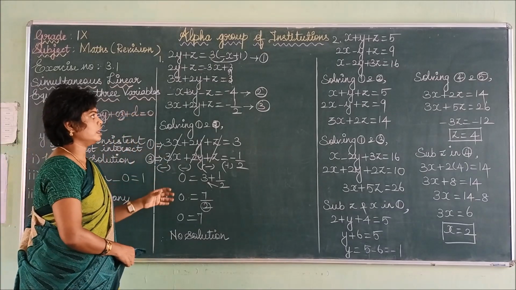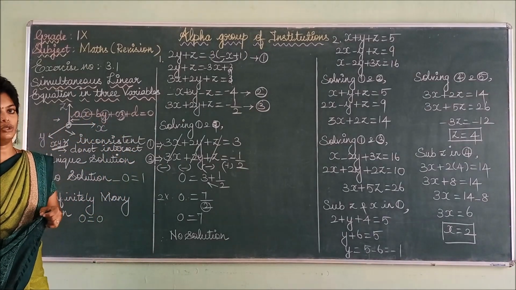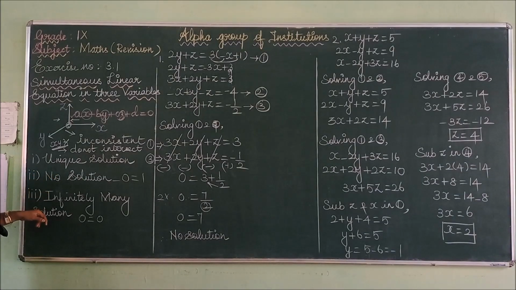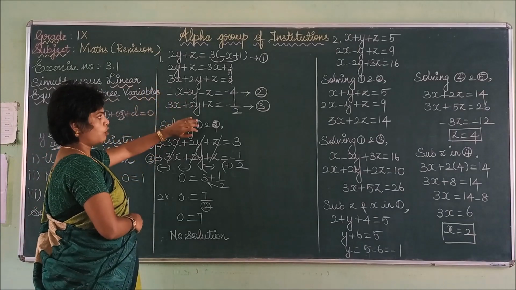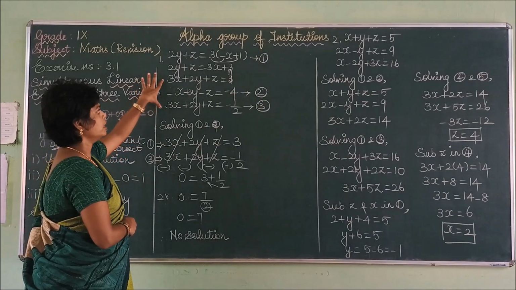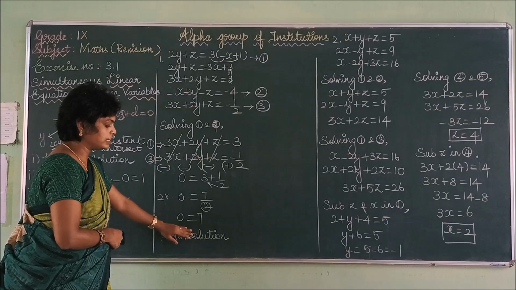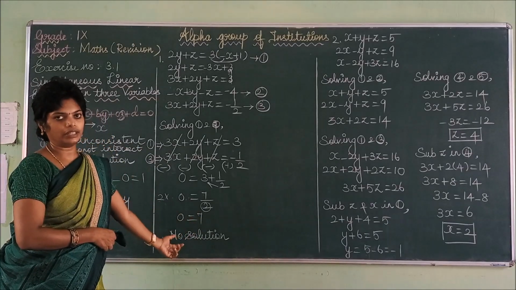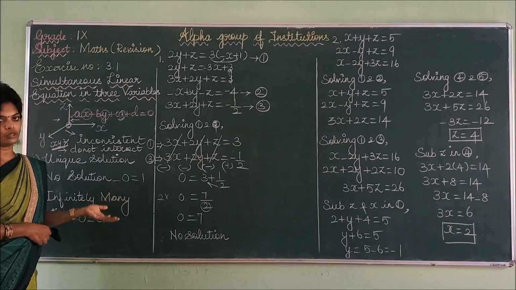So look at the question once again. In the first question you have to find the nature of the solution. The nature of the solution is this one: unique solution, no solution, or infinitely many solutions. Now you take these 3 equations, solve, and check which 2 equations are similar. I am checking here, first and third are similar. So I am solving the first and third equation. I am getting the result as 0 equal to 7, which is a contradiction. So I have concluded that the given equations don't have any solution, that is, no solution.